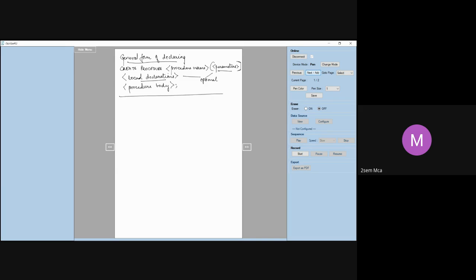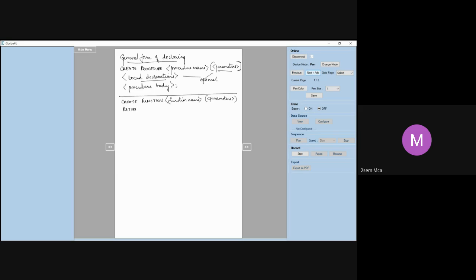So if you are trying to declare a function, then you will have create function. Instead of procedure, I will be using the name function, and then the function will have a function name. Then here also you will have parameters. You can pass the parameters. And then returns.